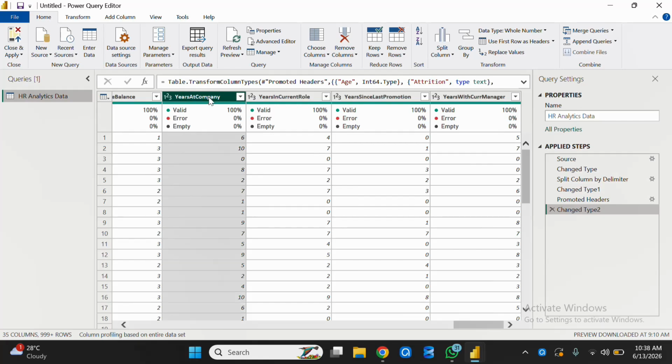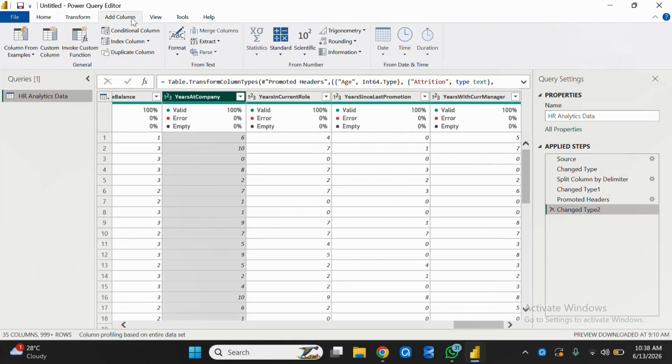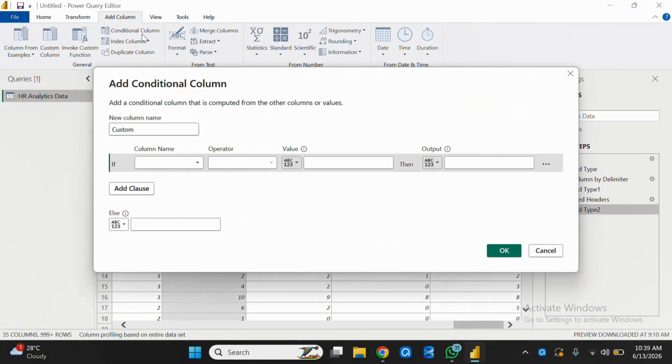I'll select my years at company column, then I'll go to Add Column in this ribbon. At this Add Column tab, I will see additional options. So I'll click on Conditional Column. The interface has opened, just like in Excel. Here I'm going to give a name to that column, the column header. Let's assume I want to use Promotion